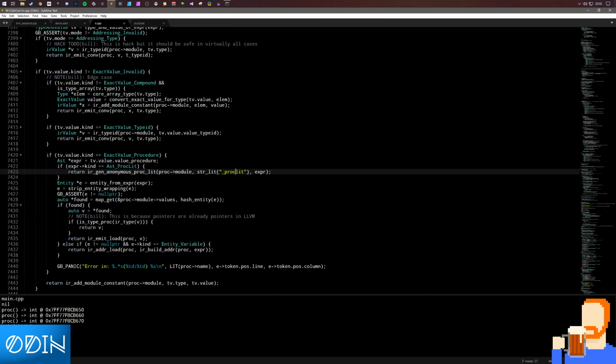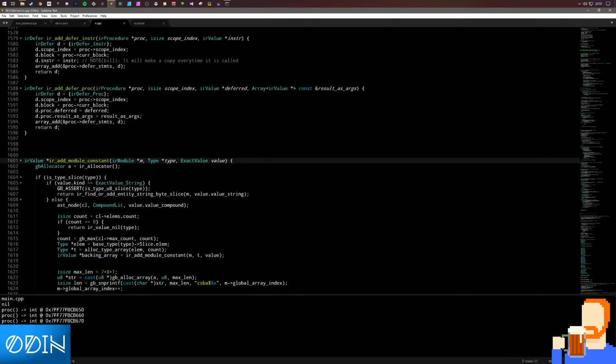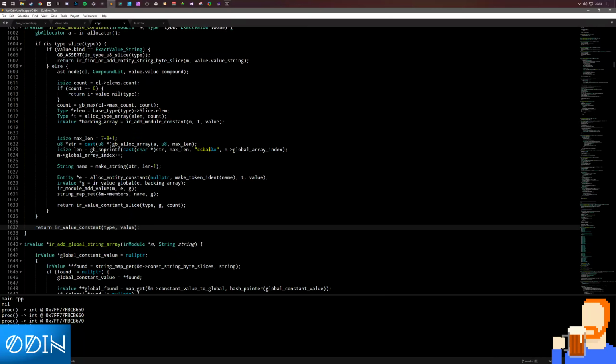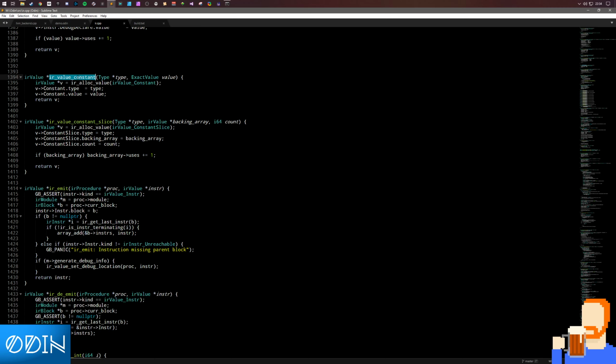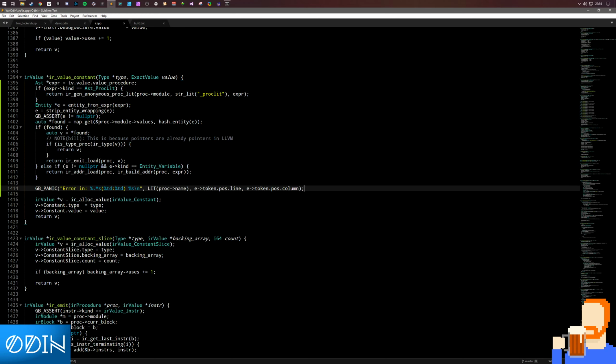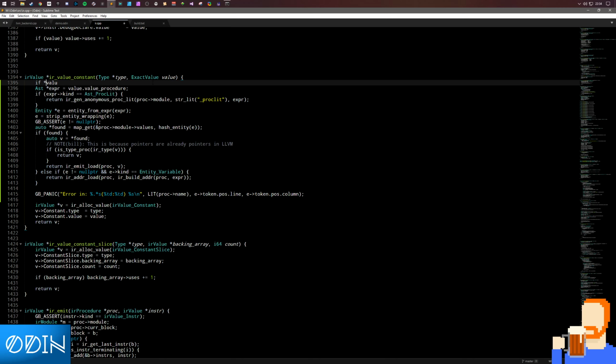So the problem here seems to be that this doesn't get found or generated correctly. And I'll explain. When you do an add, it's called add module constant. I couldn't remember what it was called. I forget names. And there's your bug. Can you see it? It's if we want the exact value here. If value.kind